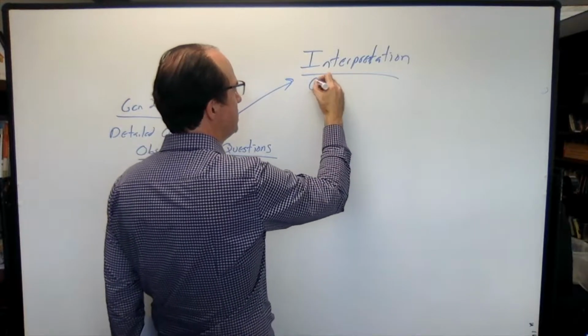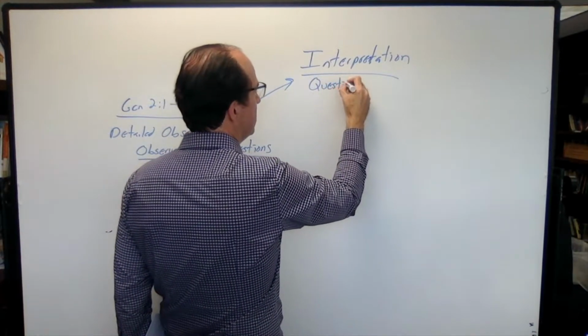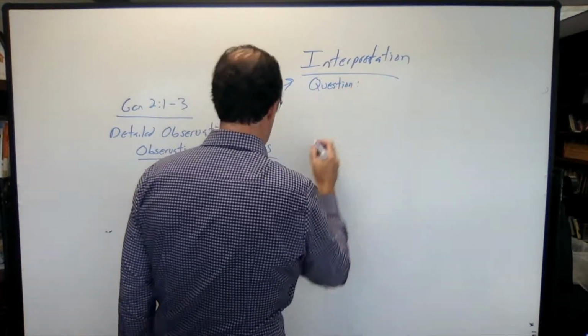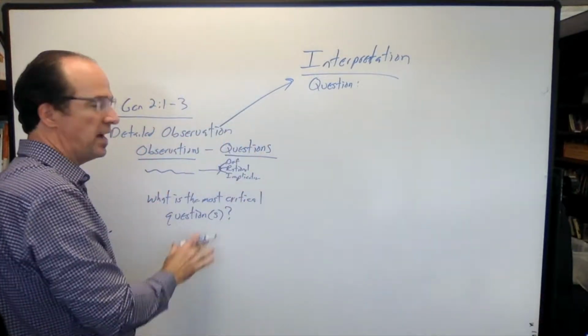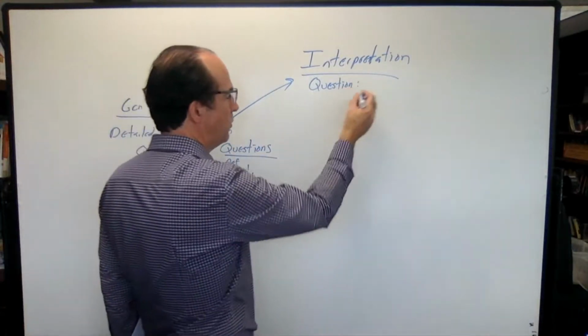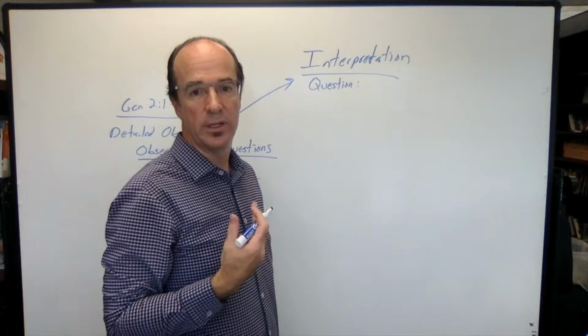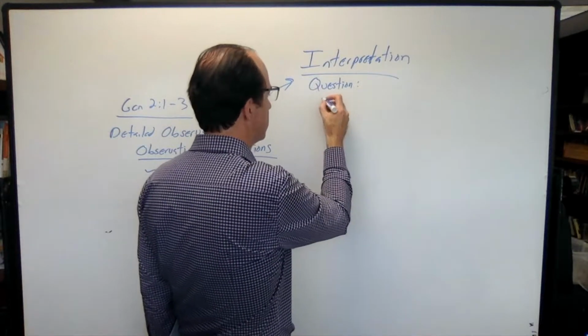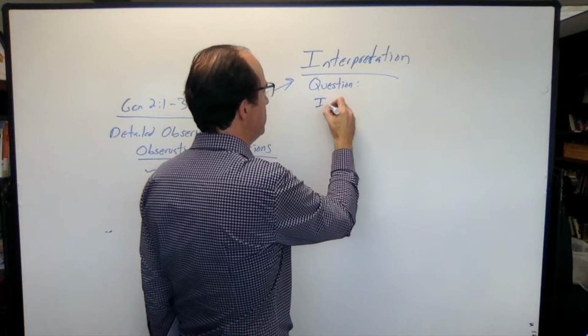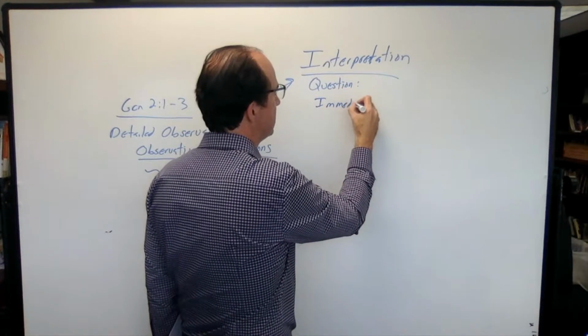Again, what's the question that you're going to start with? It would be one of the questions that you've asked in the detailed observation, or related ones, and then you're going to do the same thing that we did previously. You do your work through your context. So immediate context,